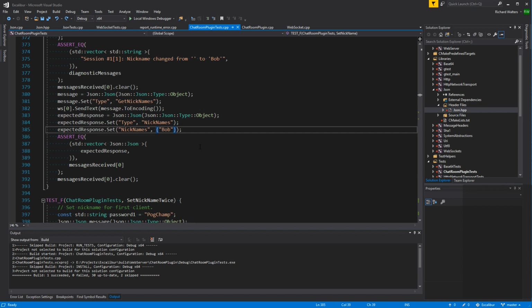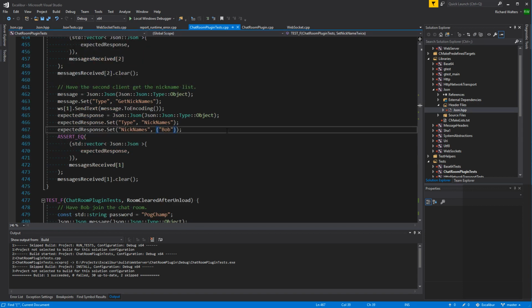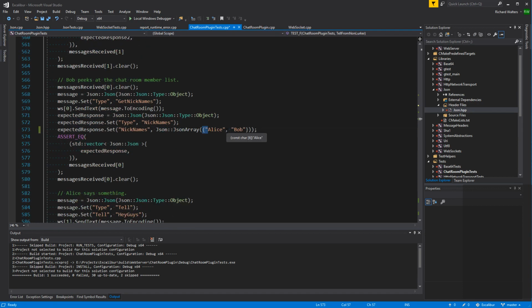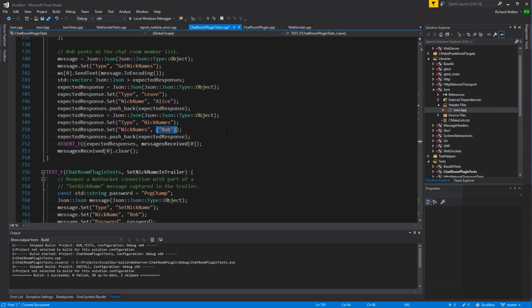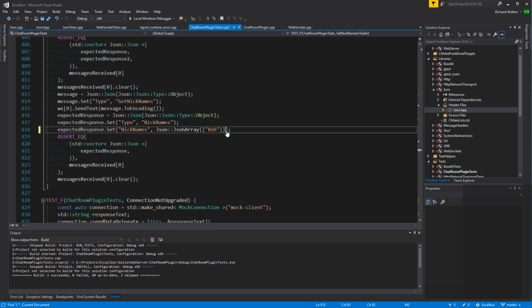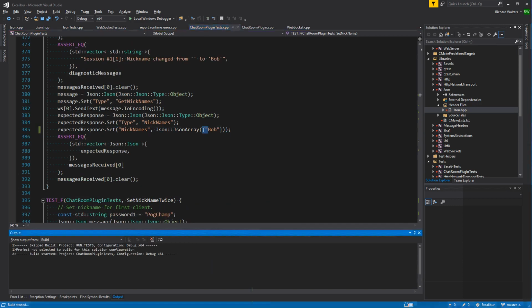I'm trying to think, is there a way to make a compile time error if someone does that? I guess we don't need to. So that pattern is probably repeated in a few places. Yep. Okay.